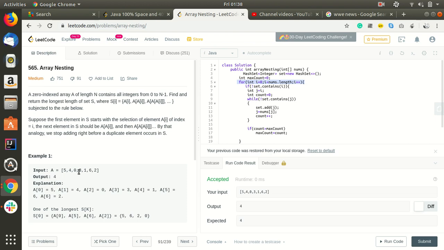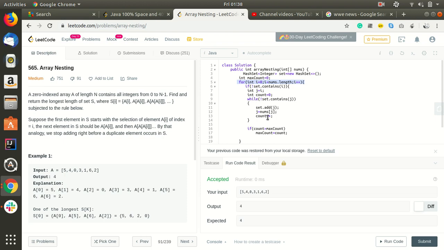Again for the 4 it will check, so 4 is not visited yet, so it will go over here. Now count is 0, set does not contain j, yes it is true, then this index will be added, and j is equal to nums[j]. Now the index is set for 4, now it will go to 1.